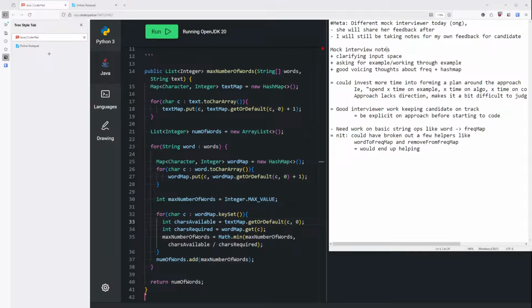And then lastly, I also want to make sure that you have enough time at the end so that it's not rushed. What that might look like is, if this is a problem where they're planning to ask about the time and space complexity, you want to make sure you leave time for that. If you sense that there's a follow-up coming, you want to make sure you leave time for that. Or alternatively, if you feel like you're not doing very well and you're not getting to the follow-up question, which happens to me as well,